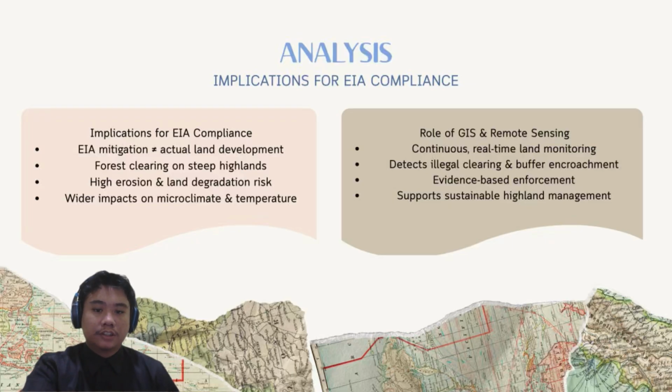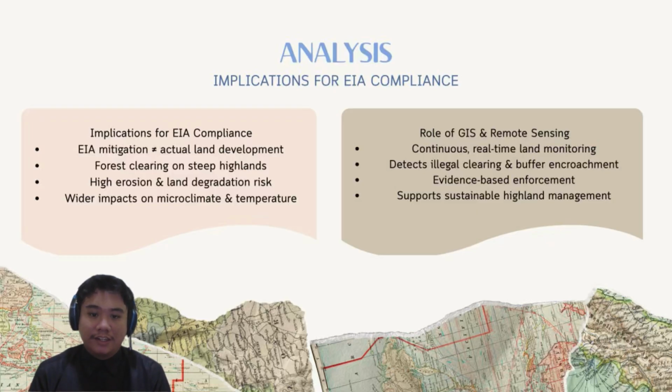So the loss of natural vegetation also affects local microclimates, suggesting that environmental impacts may exceed initial EIA predictions. So to